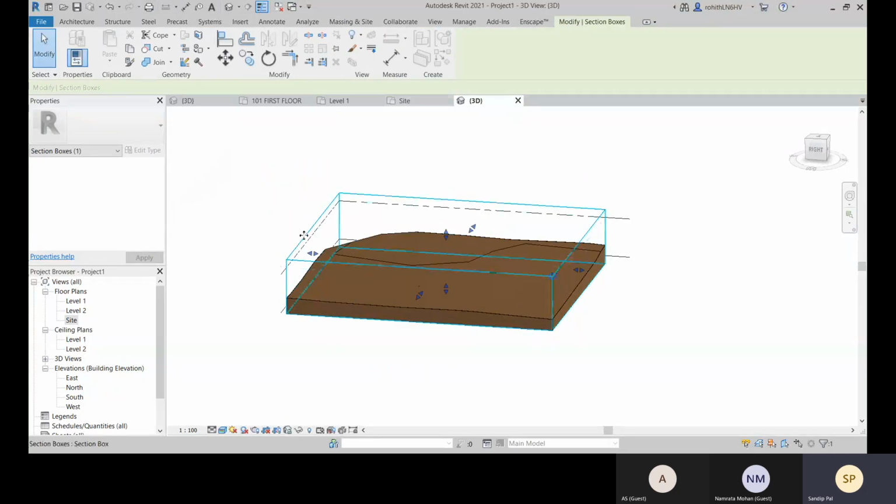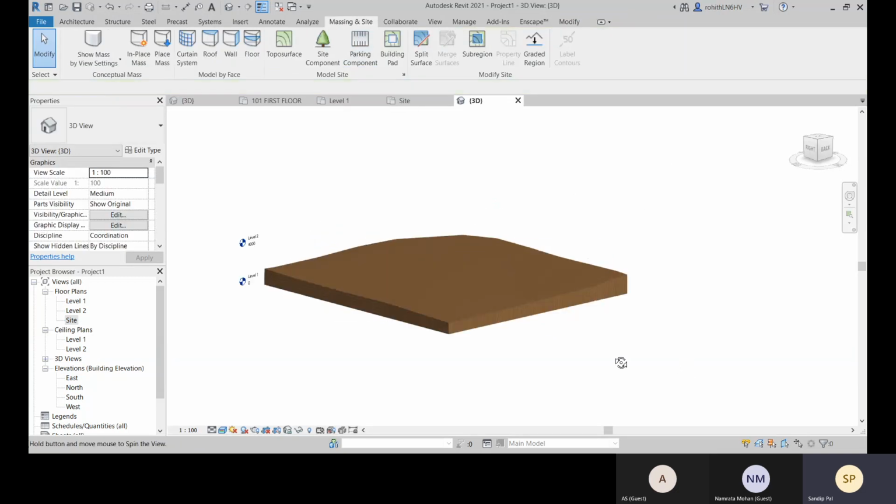After that you can hide this section box. Go to this hiding tool and hide elements.